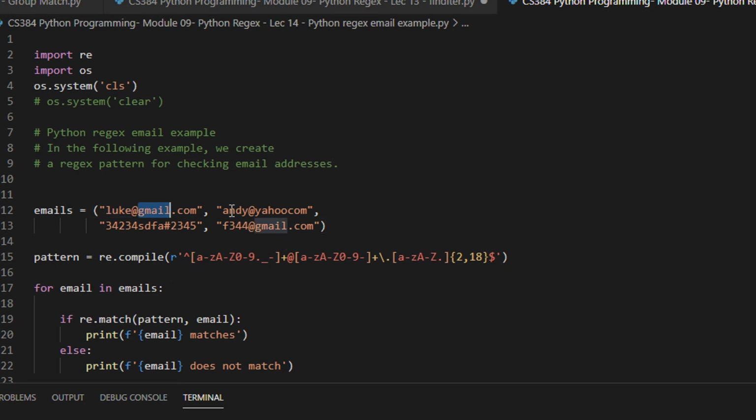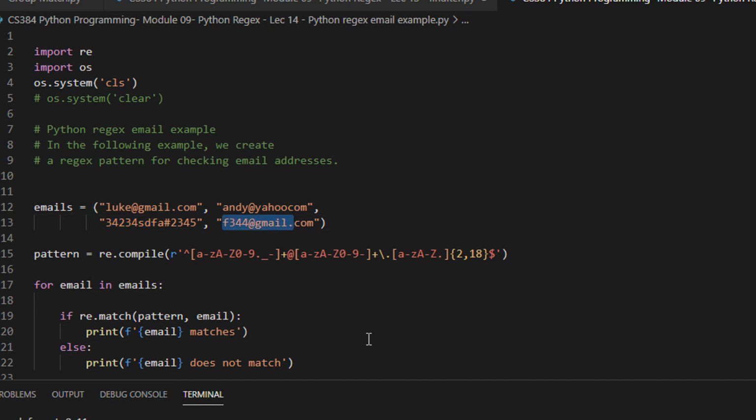So this is a valid email. This is again a valid email. This is invalid because Yahoo dot is missing. Yahoo is just like, we need to have a proper domain. Then again, this does not have @, and this is a valid email address. Fine. So how can you basically write a regular expression?